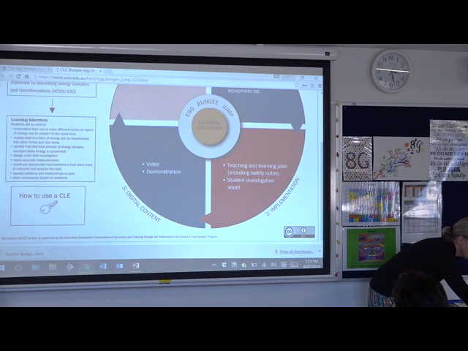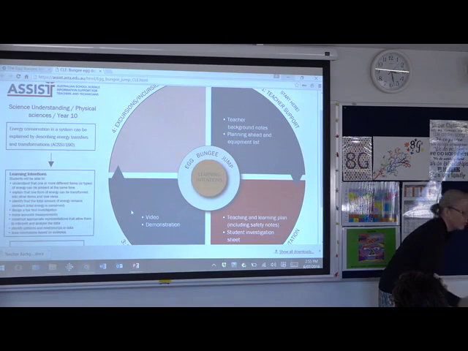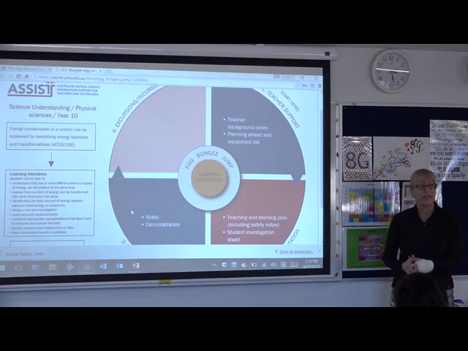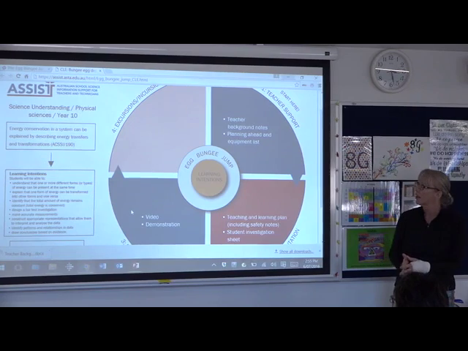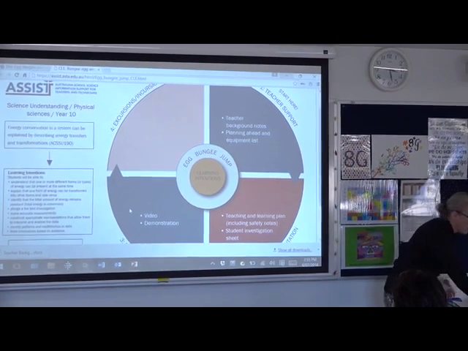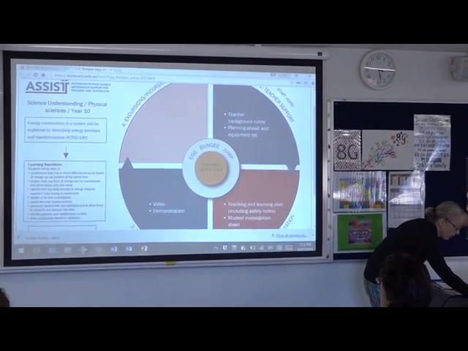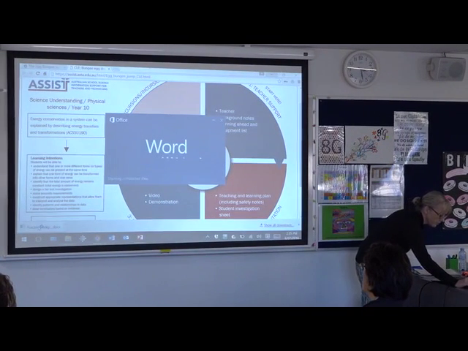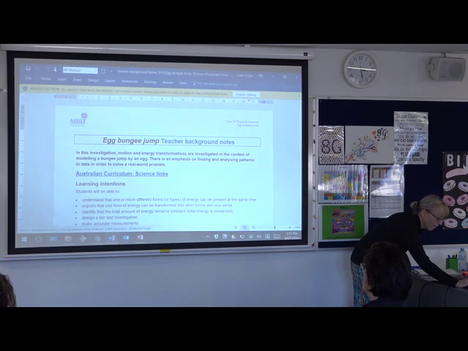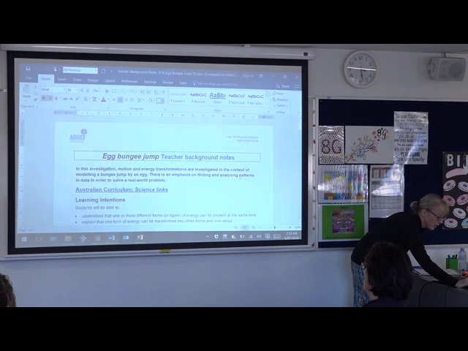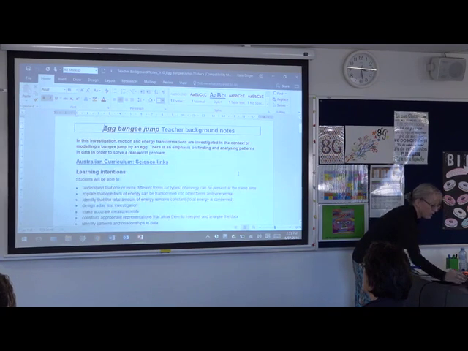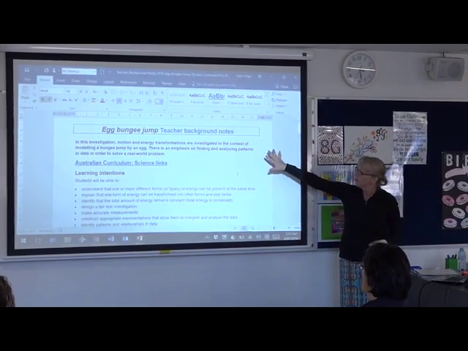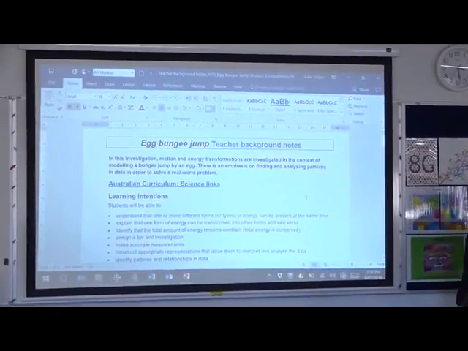All right, so what we're going to do now is I'm just going to show you how to unpack this particular CLE and what it looks like. So I've downloaded the teacher background notes. In the teacher background notes, if I just open this up, there we go. You can see it once again gives you the background to the CLE, what it's all about,